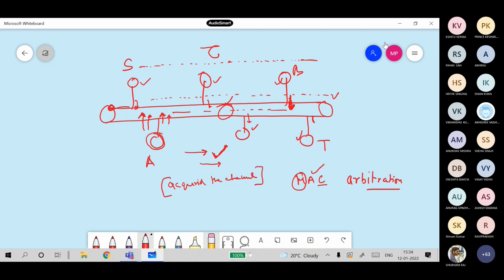Am I right? Suppose I say yes, from S to T it will take tau time. Let there be a length of wire, say 100 meter, and the propagation speed is 2 into 10 power 8 meter per second. So it will take some microseconds or milliseconds to reach this data from one end to another end. So if this time is tau, and after transferring the first bit you don't hear any collision, because you are continuously sensing the channel for collisions also,